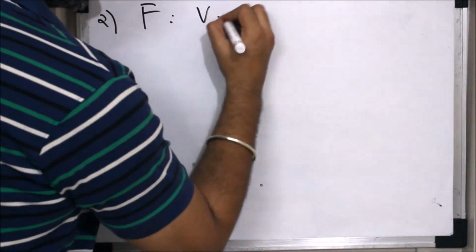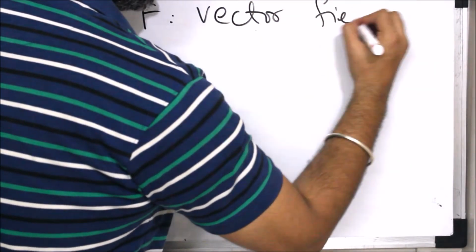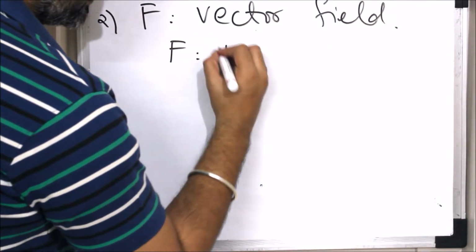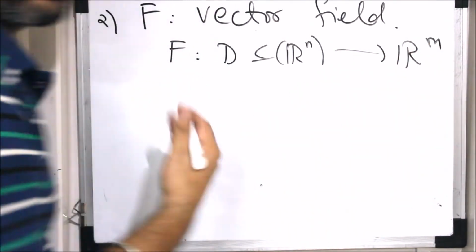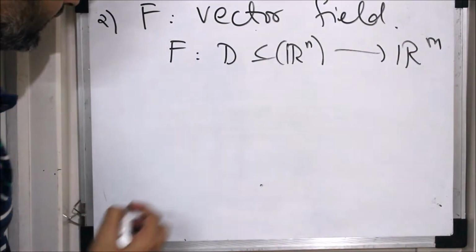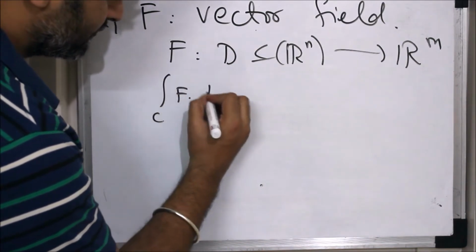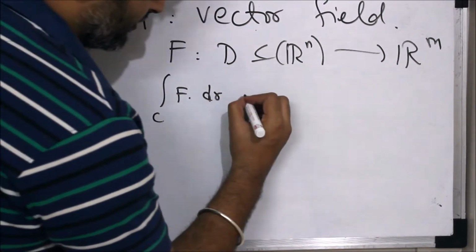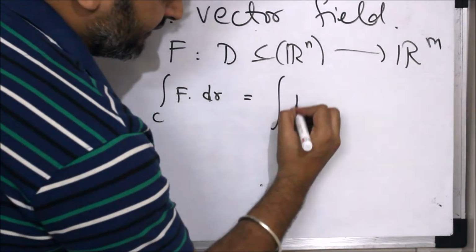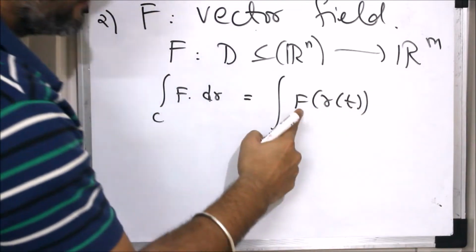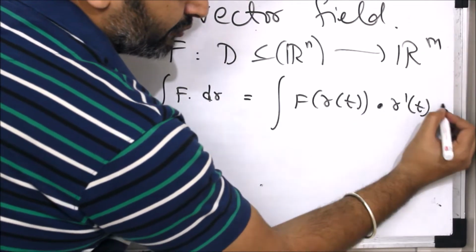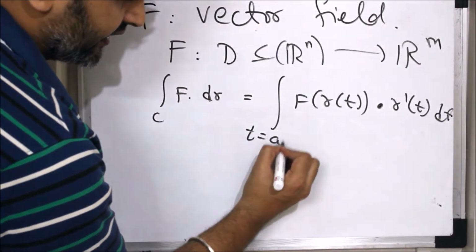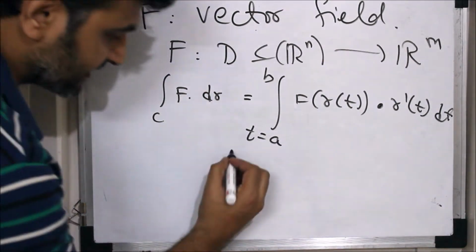And if suppose your f is a vector field, that means f is a function whose domain is somewhere in Rn and whose output is again a vector. That's why it is called a vector field. So if you have a vector field and I want to integrate over the curve with dr, it is nothing but the same thing, f of r of t. But since my f is a vector, here I won't take the mod, I take the dot product, and t goes from a to b. The same thing is happening as in the previous case.